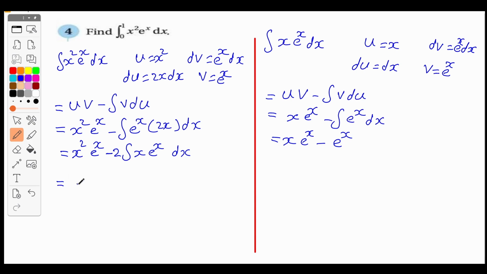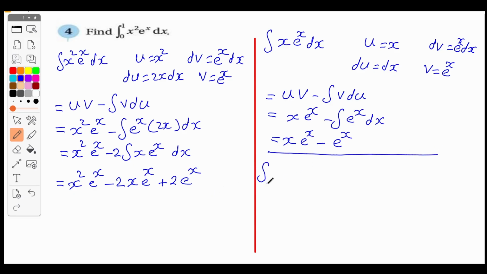So it will be x squared e to the x minus 2. You should multiply each term here by minus 2. So it will be minus 2x e to the x. And negative times negative is positive, so it will be positive 2 e to the x. So lastly, what will be the answer if we integrate from 0 to 1, x squared e to the